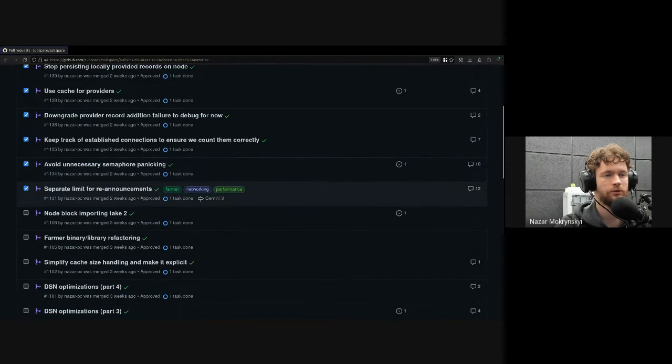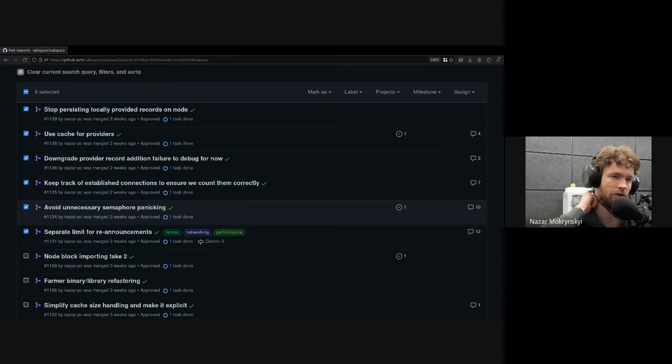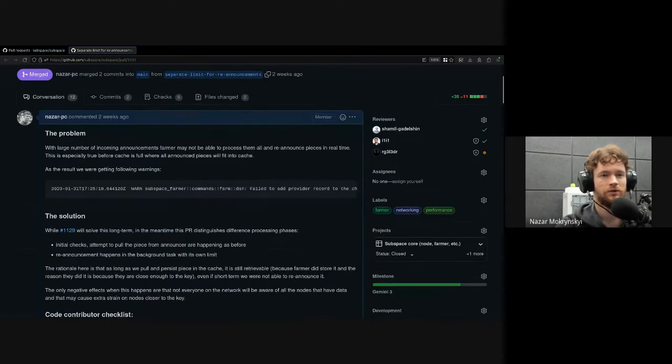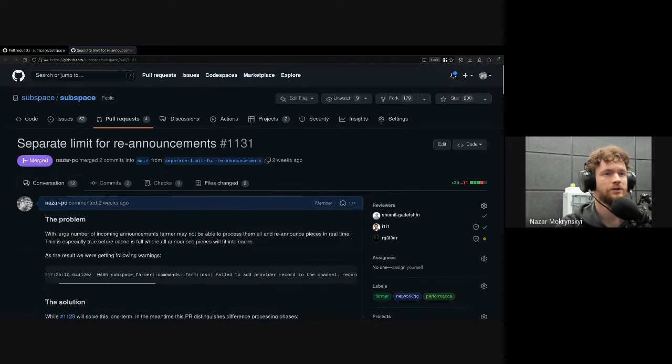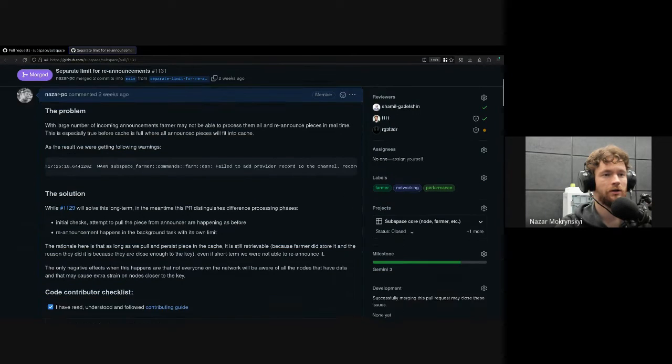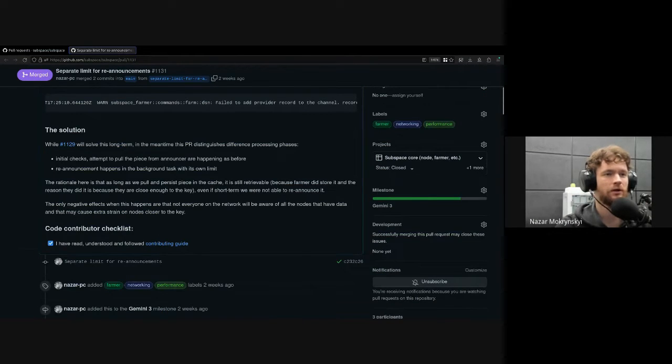Now, about the stuff I was doing on the code side. There were basically a bunch of things I noticed in Gemini 3C that had to be fixed, and there are different fixes for that. This pull request has a description, of course, but basically